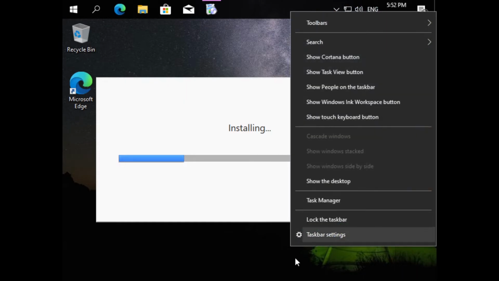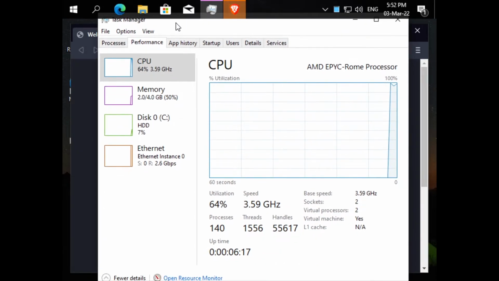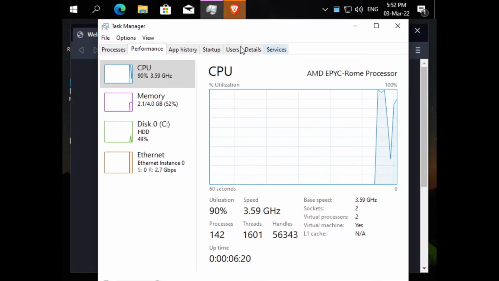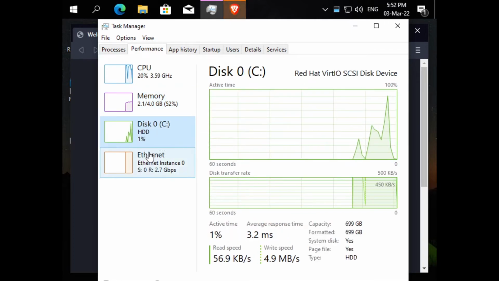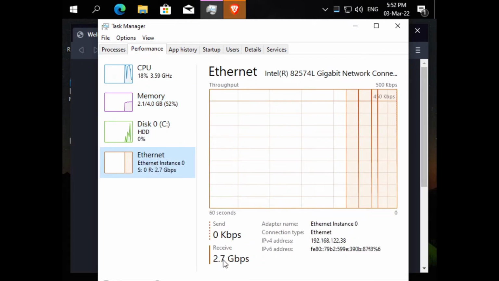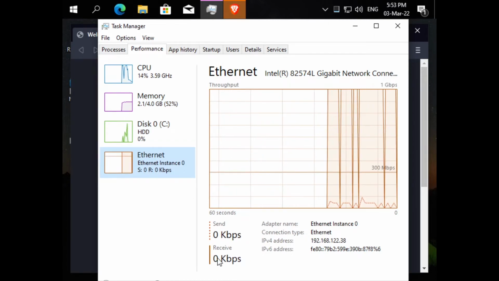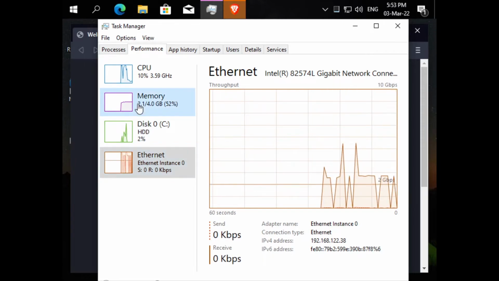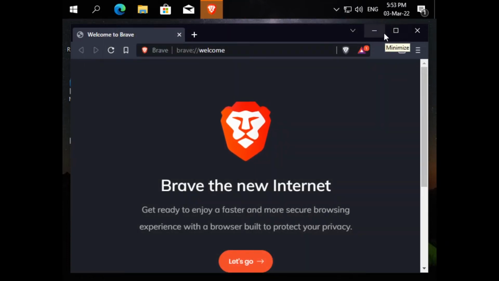So yeah, if we go ahead and open Task Manager, so far it sees it as an AMD EPYC Rome processor. As much as I would love to have an AMD EPYC Rome processor, I do not unfortunately have one. That's also going to be misread, because my internet is not even that fast. Windows might be struggling a little bit because of the 4 gigs of RAM that it has access to, but don't worry,